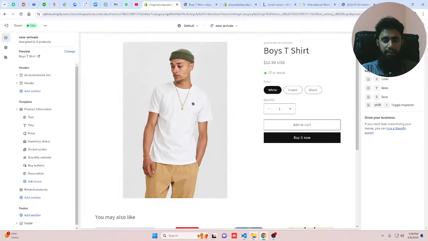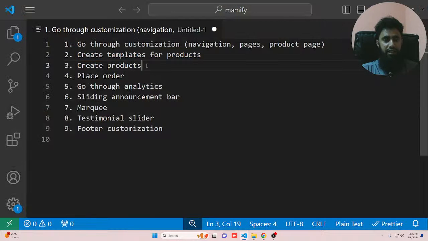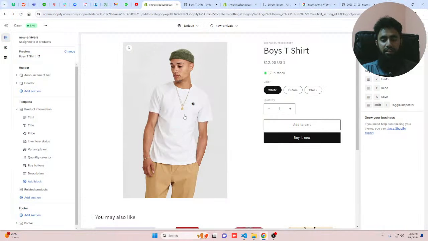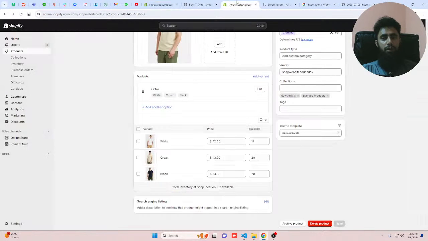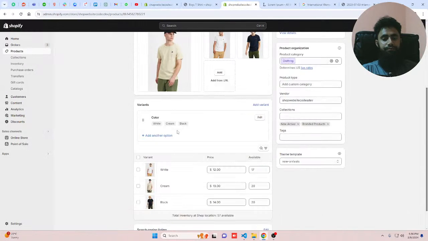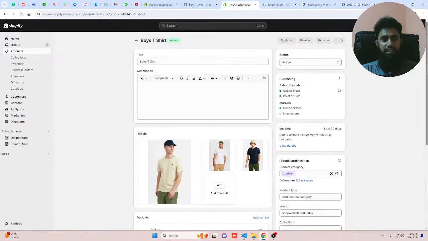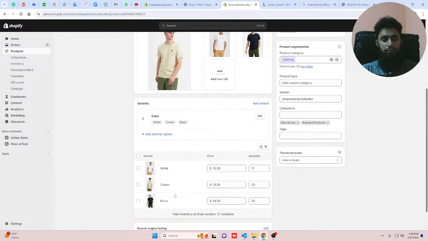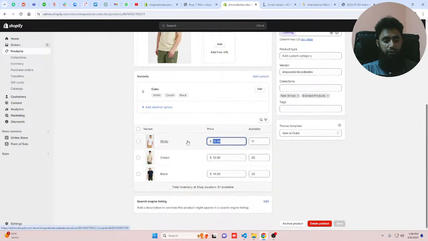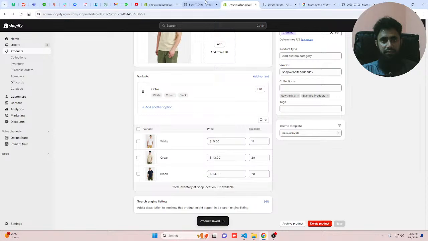Okay, then the next thing is creating products. We already created products. We have to place an order. So how can we place the order? Let's test it. Right now we have to go to the dashboard, and first, for example, this is the product. We have white t-shirt and I am going to write 0, meaning the price is 0. So let me save the changes, let me refresh it back,